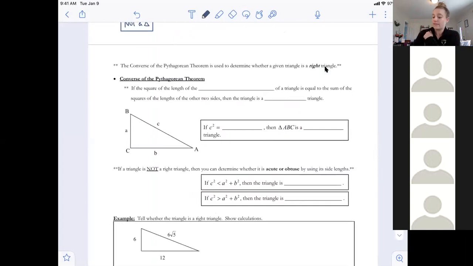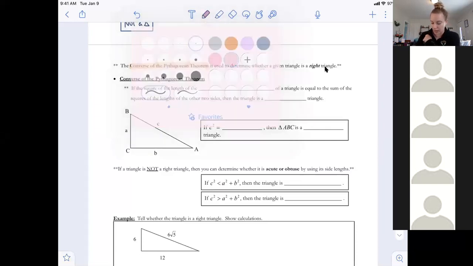So this whole time, if I'm doing converse of the Pythagorean theorem, we are proving whether it's a right triangle or not. So if you do Pythagorean theorem and it's not true, the two sides squared don't equal the third side squared, then it is not a right triangle. So we're going to write it in words, and then we're going to write it kind of in shorthand